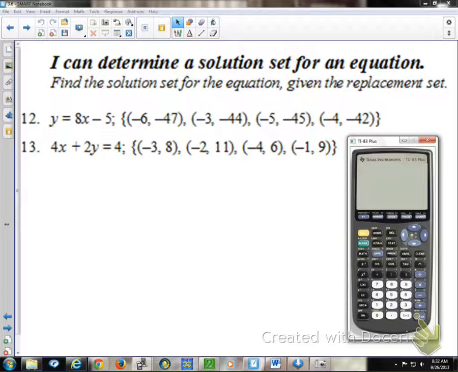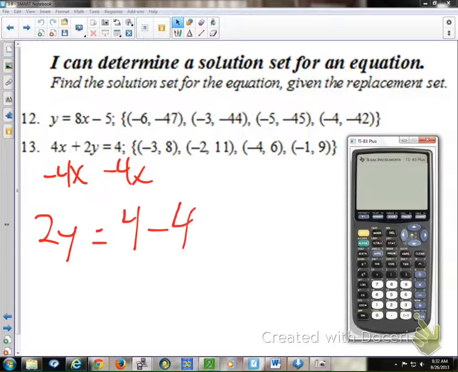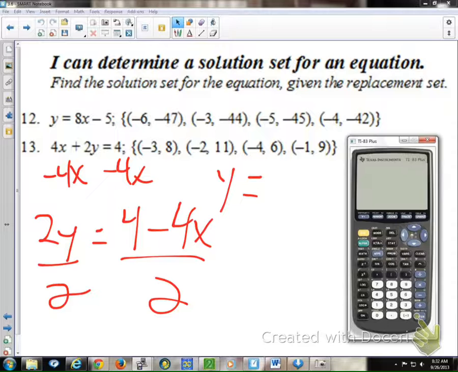So, let's solve this thing for y, and then do it again. What do I need to do to solve this thing for y? Very good. Now, is 4 minus 4x 0? No. People still are doing that. Don't do that. It's just 4 minus 4x. Now what do I have to do? Divide by 2. So that's going to give me y equals 2 minus 2x. Yeah. Now I have to take this off the board in order to use my calculator, but has everybody got that now, 2 minus 2x?